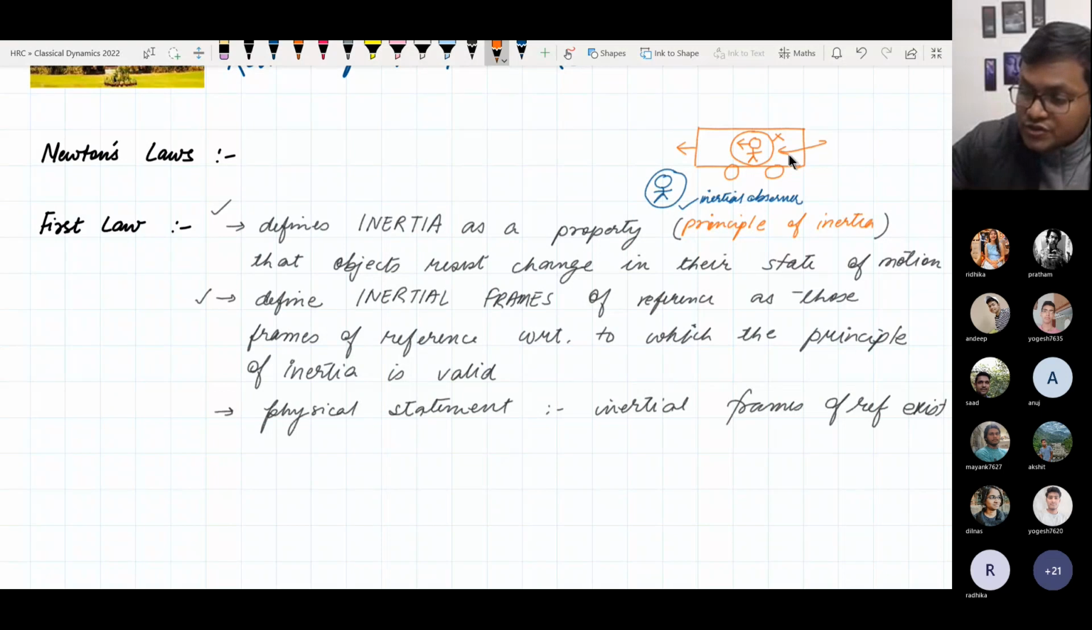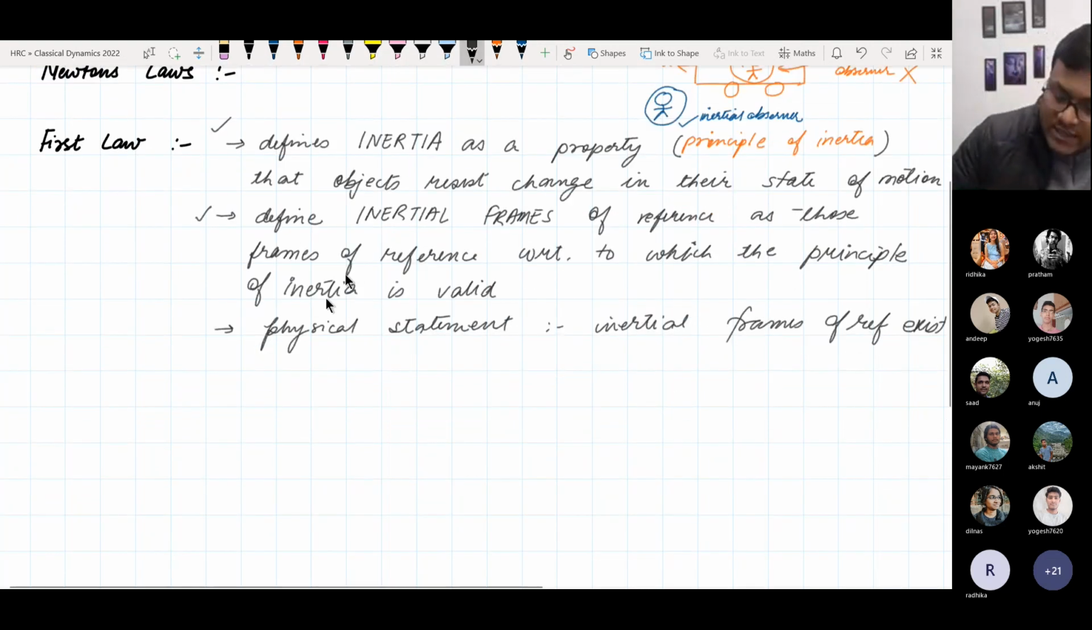This guy is a non-inertial observer with respect to whom the principle of inertia is not valid. In terms of Newtonian mechanics, we are least bothered with the non-inertial observer. We are only bothered with the laws in terms of the inertial observer. और जहाँ पे हम non-inertial frames of reference में जाते हैं, we make certain modifications of pseudo forces, centrifugal forces, Coriolis forces, etc. All right, as you already said, this gives us a qualitative idea